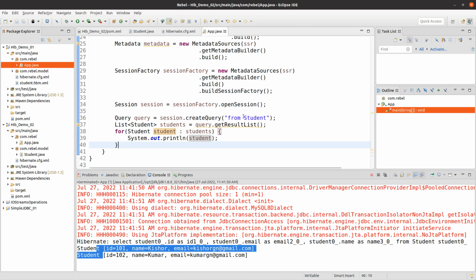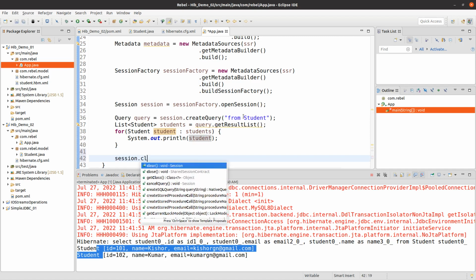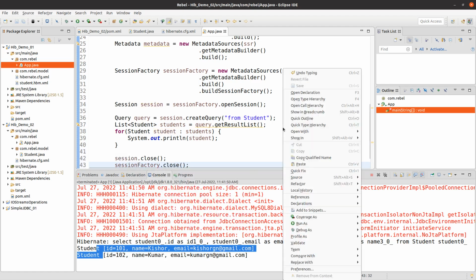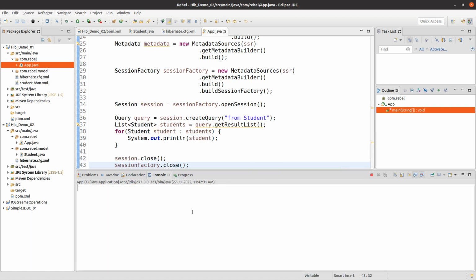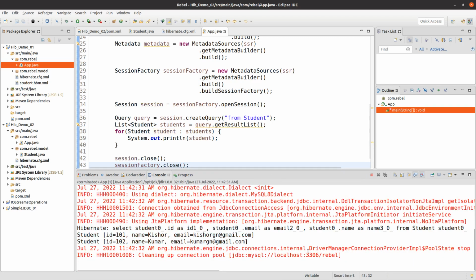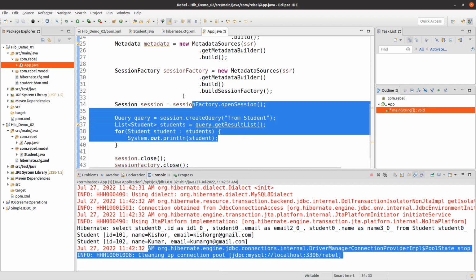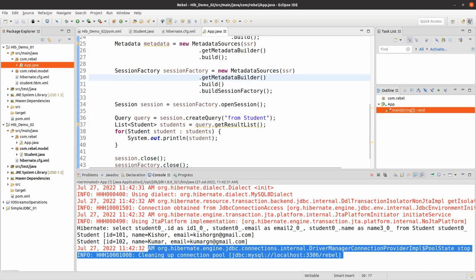So session dot close, session factory dot close. These things are mandatory. Okay, right now everything is fine. Right, see here, cleaning up the pool. Earlier you could not see the cleaning up message. Okay, right. Okay, so I think